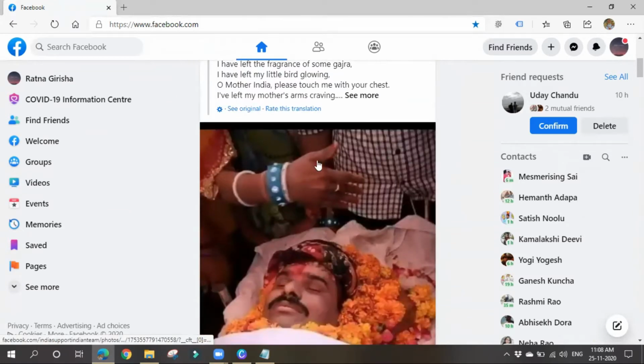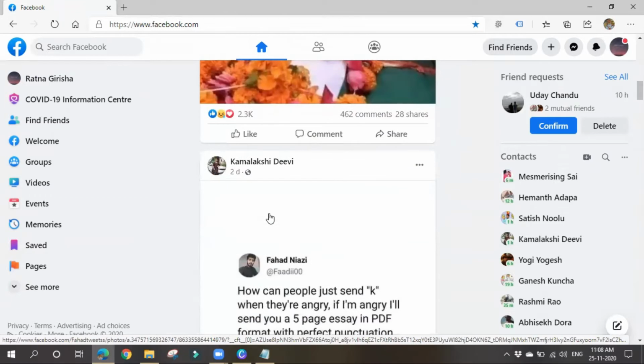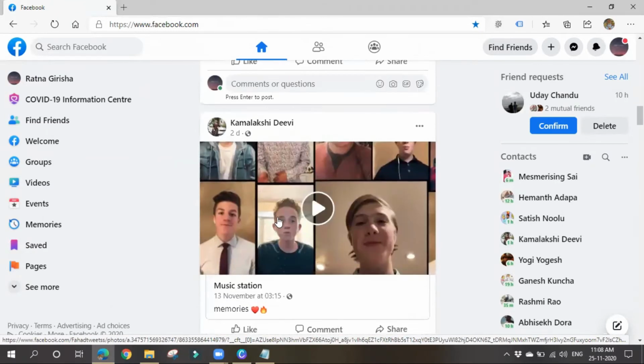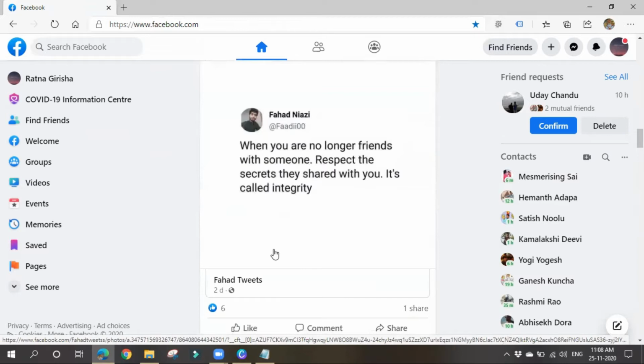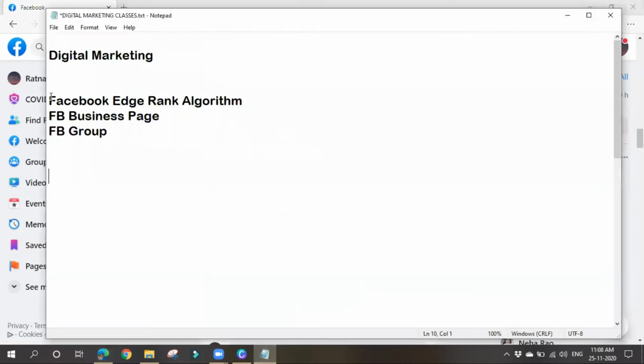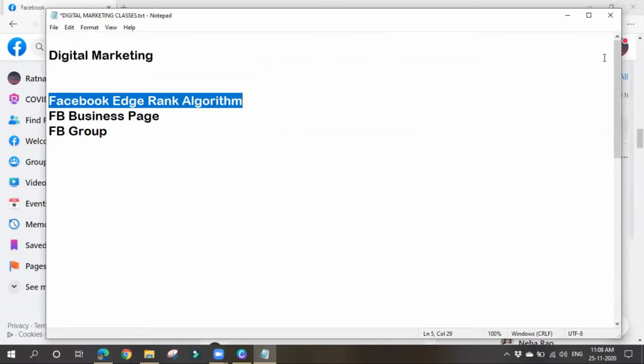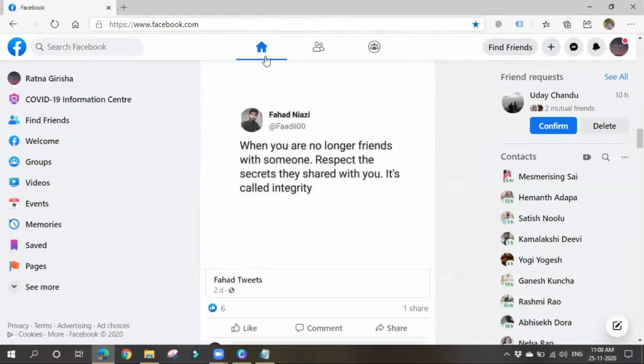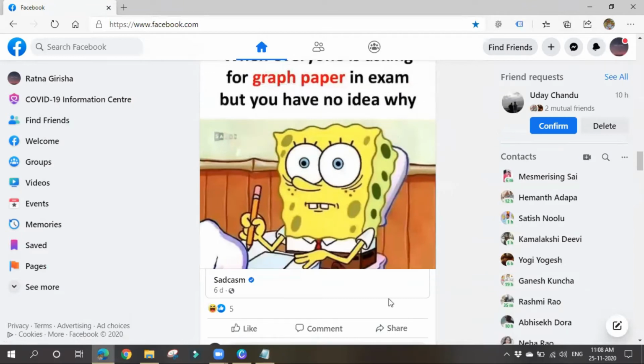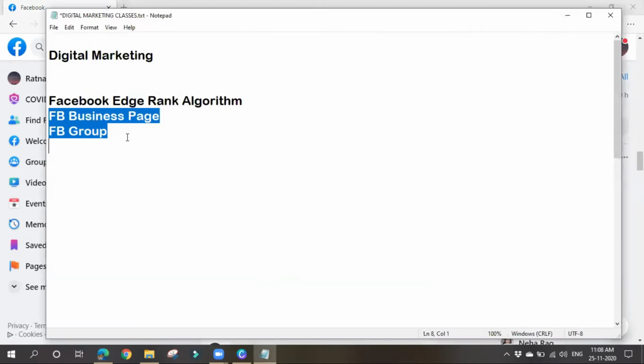So if you see, this is the first post for me. For some others there might be some other posts. All the posts which you see, Facebook will display based on an algorithm called the Facebook EdgeRank algorithm. It is a Facebook algorithm that determines what articles should be displayed in a user's newsfeed. What article should be displayed to each user, this EdgeRank algorithm will decide. How it will decide, let's see.